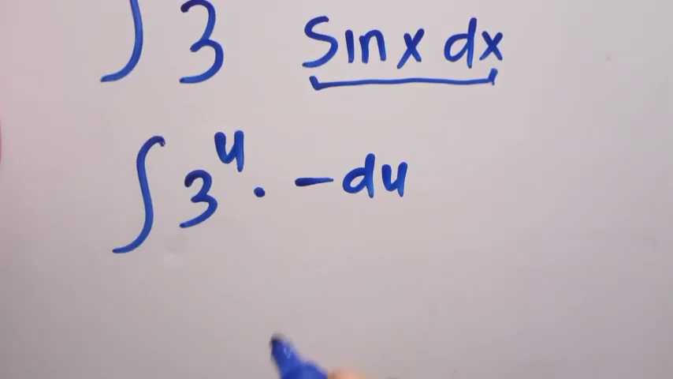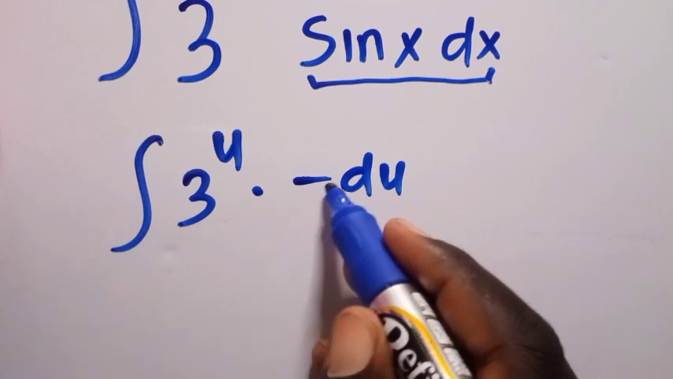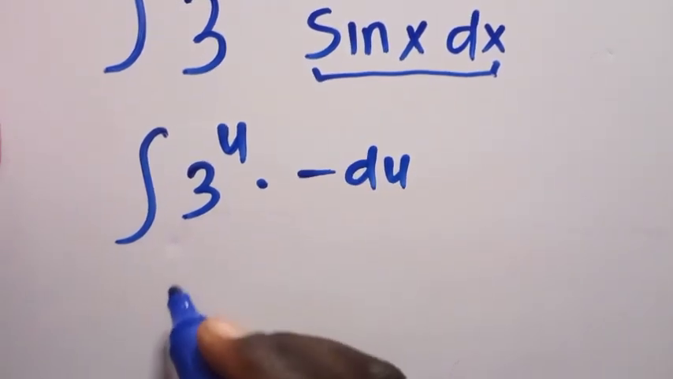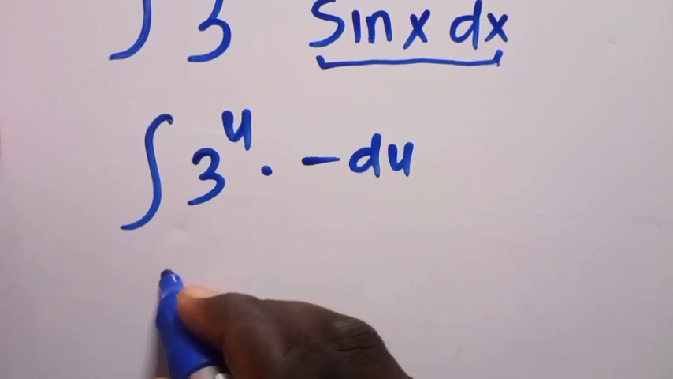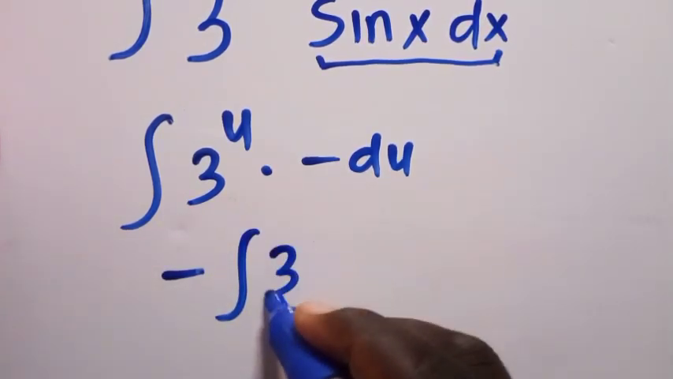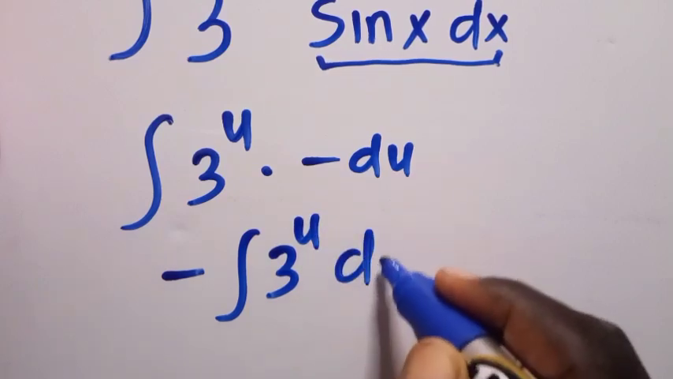Now, reaching this point, I want to ensure that this negative is outside the integral sign. And therefore, I will just take it outside, and I shall have negative integral of 3 raised to u, then